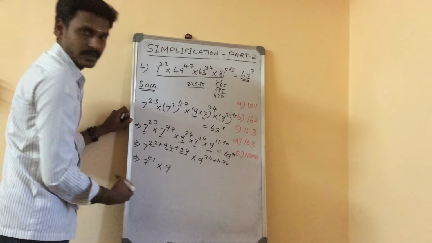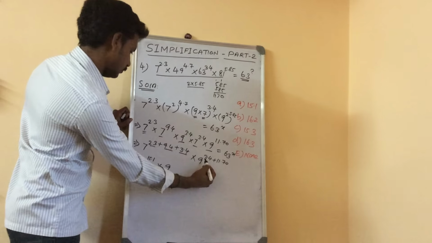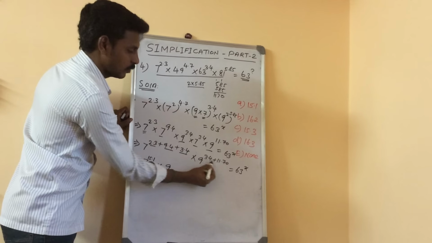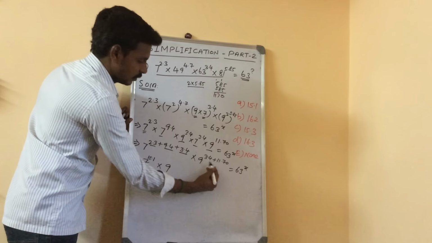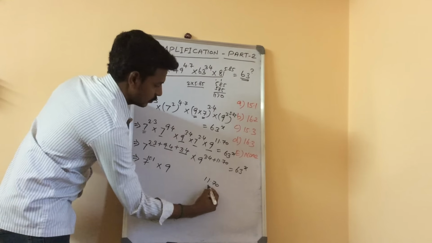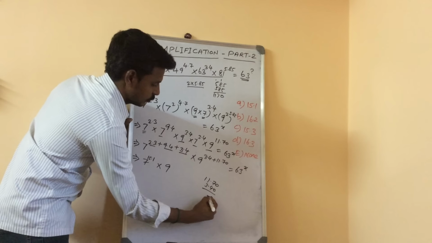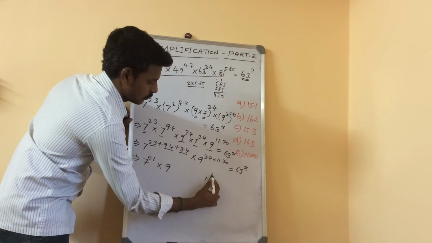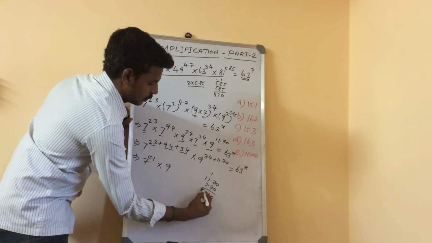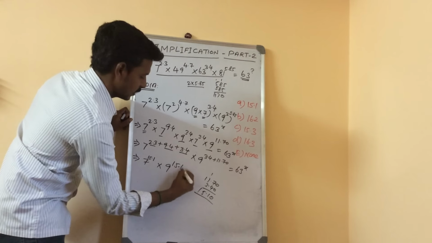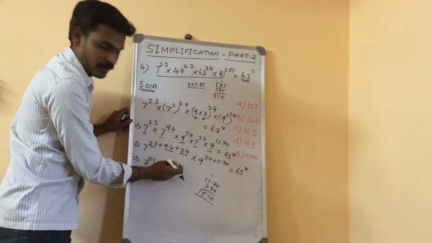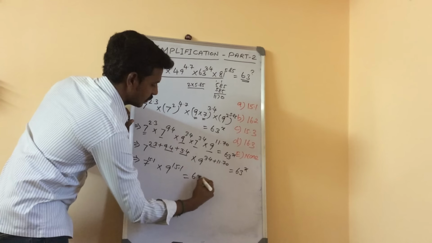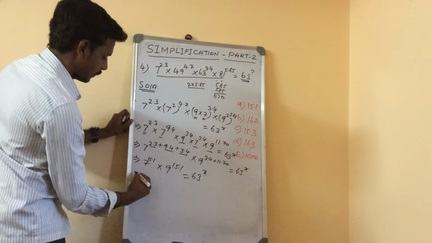Into 9 power, 9 power 3.4 plus 11.70. 11.70, 3.4: 0, 7 plus 4, 11, carry 1, 1, 2, 5, 1. So 15 point, same. The power value will be the same, 15.1. Equal to, as it is, 63 power x.